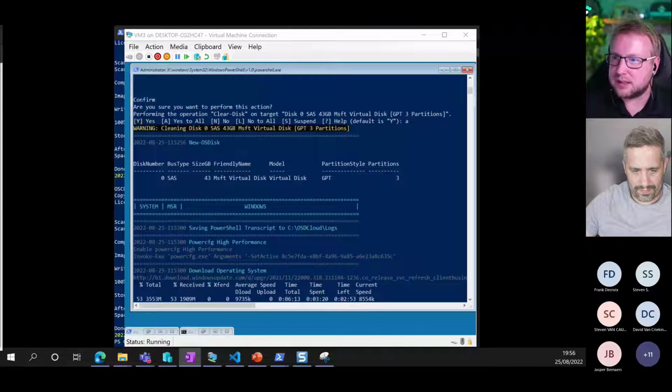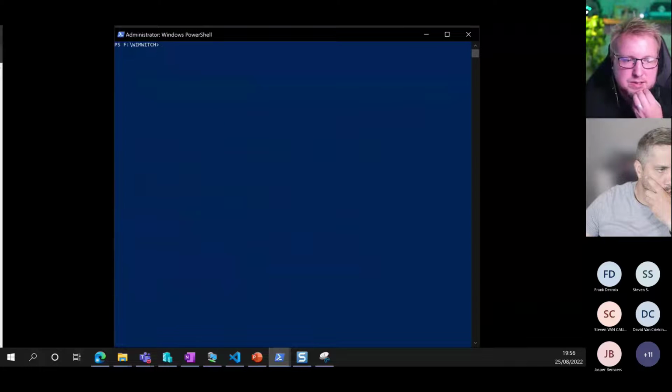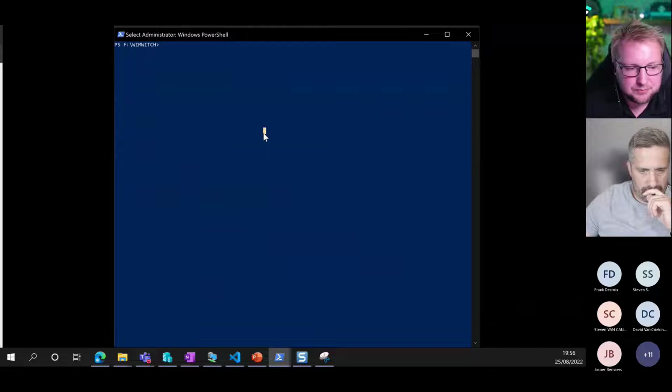Where is it? It's not a VM, so we'll leave that. I might have it down here somewhere, but I've just got it ready to go. So